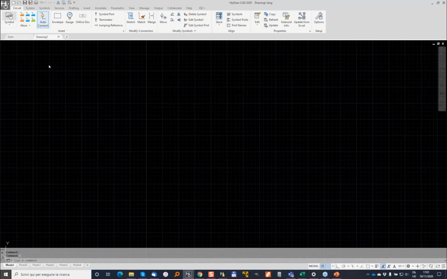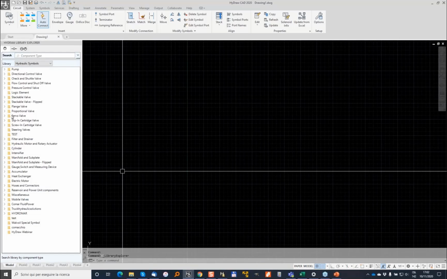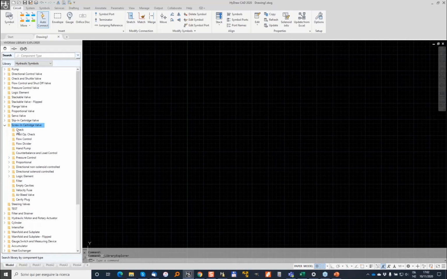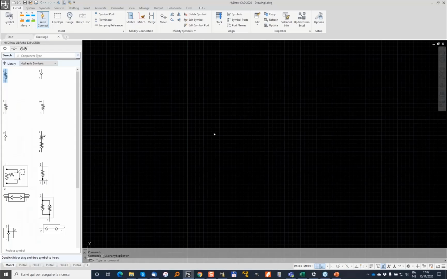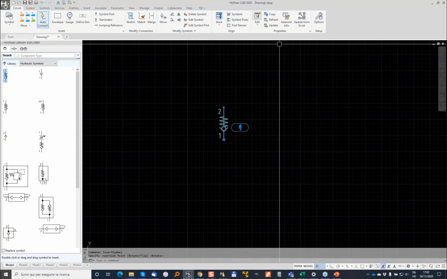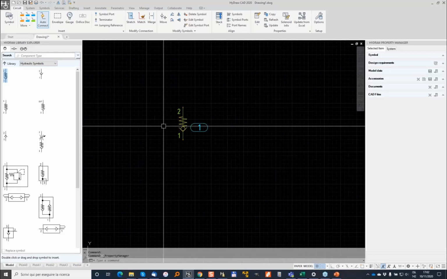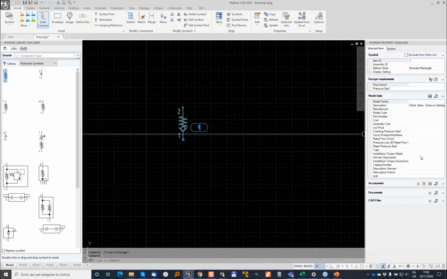Anytime we place a symbol in the drawing, and let me just load the Library Explorer on my system. Anytime I insert a symbol in the drawing, and I look at the Property Manager, when we select the symbol, we can see on the right a lot of attributes. These attributes are defined in the HyDraw Library Manager. Also, the description that we see here is coming from the Library Manager. And we can control the default description by changing something that we will see soon in the Library